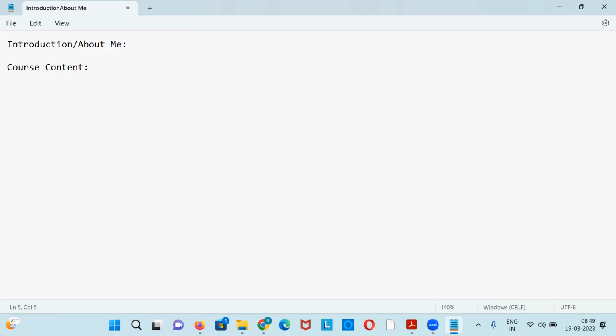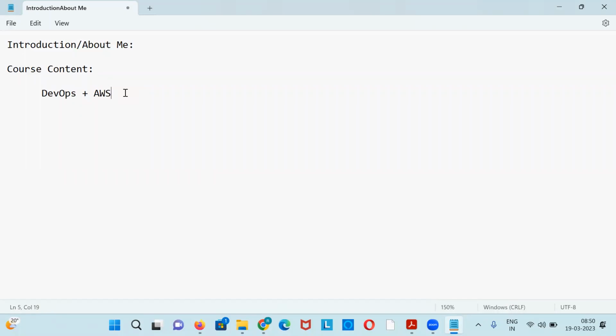Everybody has opted for DevOps, I guess, right? DevOps only? Yeah, AWS, yes. So DevOps plus AWS. Let me increase the font a little more. So when you are learning DevOps plus AWS, these are two different things.